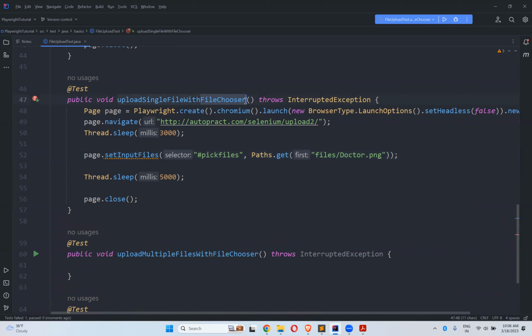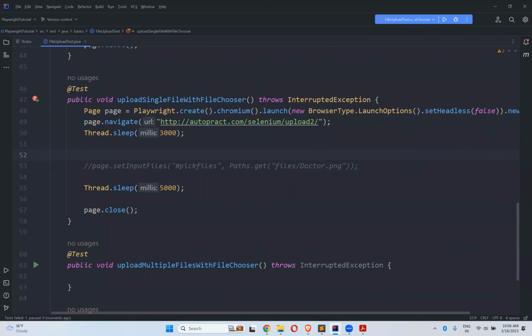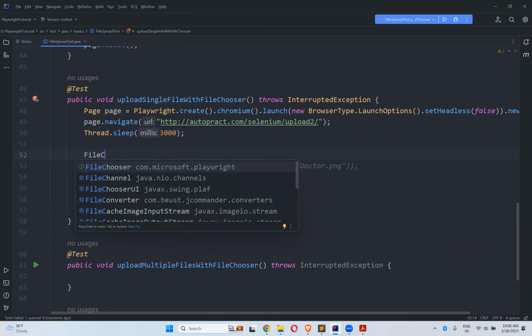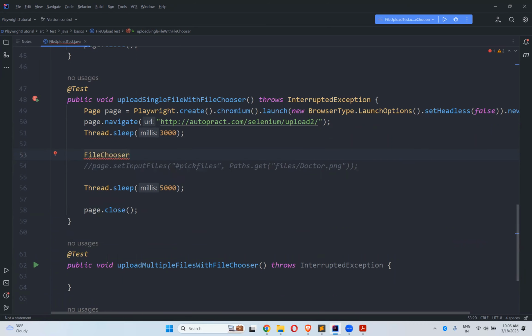You have one more option called file chooser. Okay. So with file chooser, we can do, let me remove this. Let me comment this. I'll tell you why. So what is that? FileChooser interface, file chooser. So file chooser is equal to